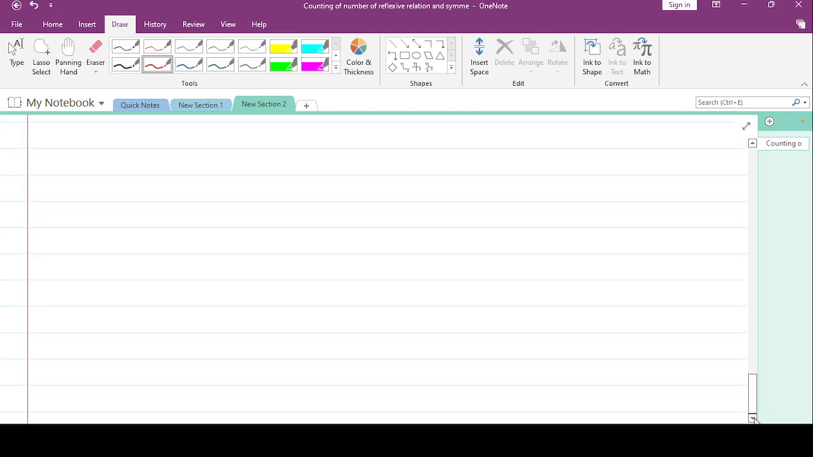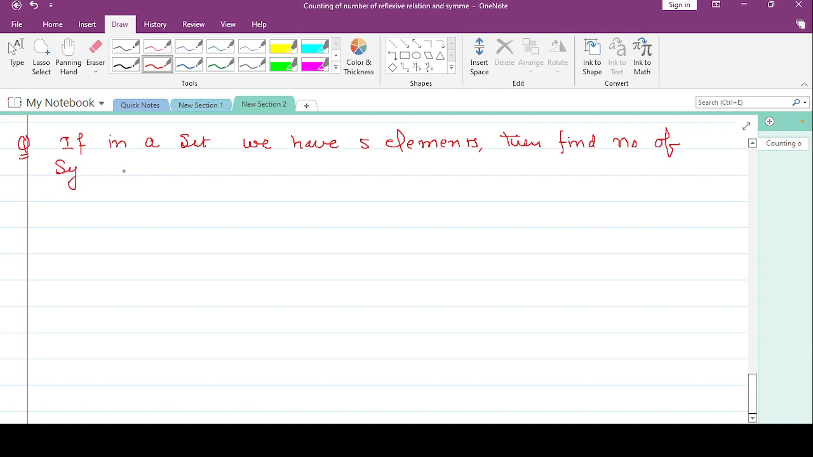Now we solve one question. Question is, if a set has 5 elements, then find the number of symmetric relations. So solution: